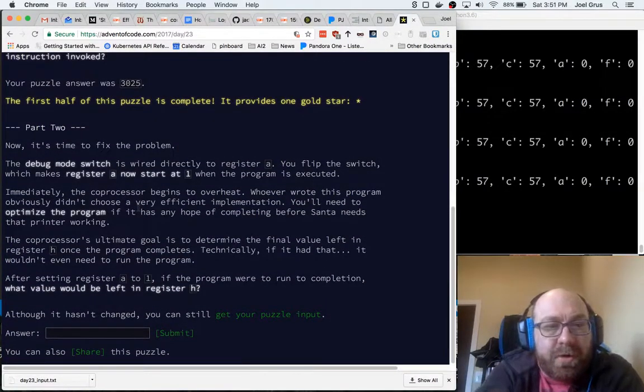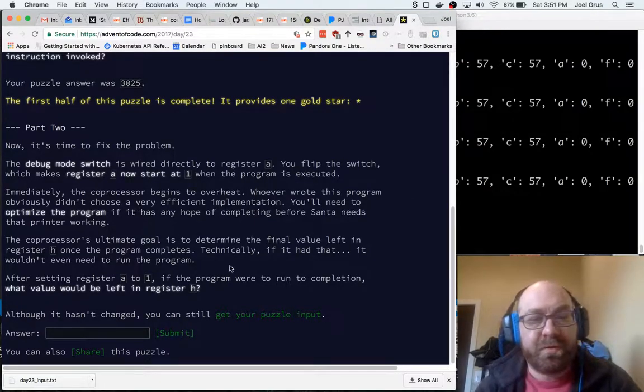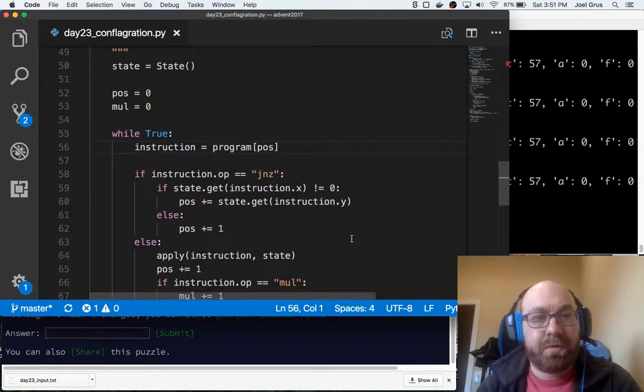Debug mode switches wired directly to register A. You flip the switches. Now makes register A start at 1 when the program is executed. When the coprocessor begins to overheat, the frame didn't choose. You need to optimize the program. After setting register A to 1, the program will run to completion. What value will be left in register H? Okay, so